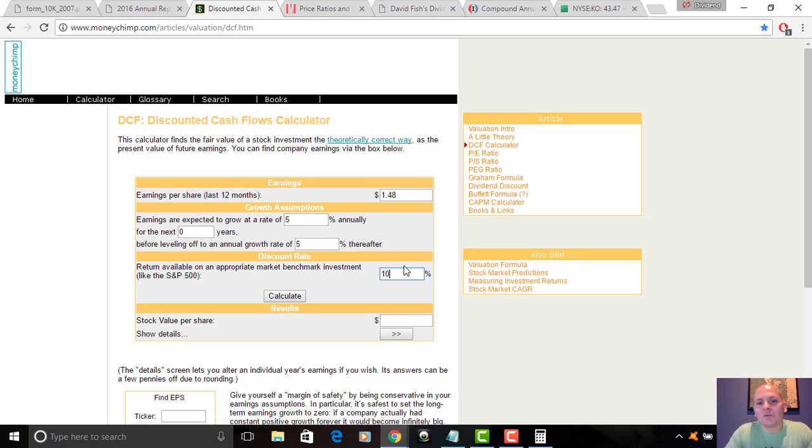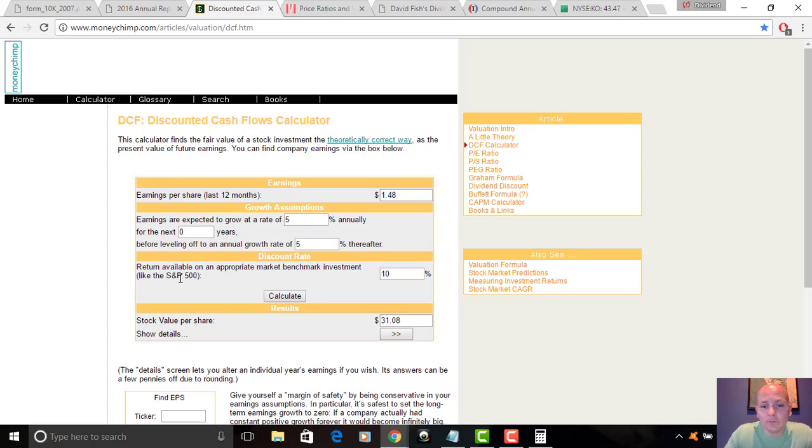And then the discount rate, I use 10% on almost every stock out there because it's basically the rate of return I'm expecting from my investments. And I think there's a slight margin of safety with 10% because it exceeds the long-term compounded annual growth return of the broader S&P 500, which is a little over 9% over the long haul. So I'm introducing a higher number than that, saying that I'm risking my capital and spending time on this research, so I expect a higher rate of return in exchange for that. In addition to my income, which is higher than the broader market too. So you're kind of getting your cake and eating it too. You get a little more yield than the broader market, and if you can get a higher rate of return overall, then you're playing both sides of the coin there.